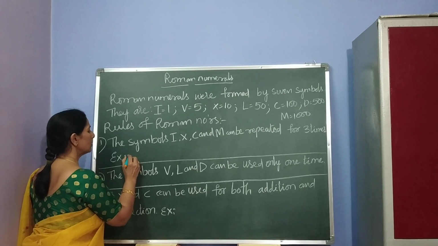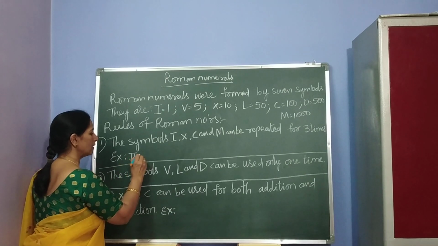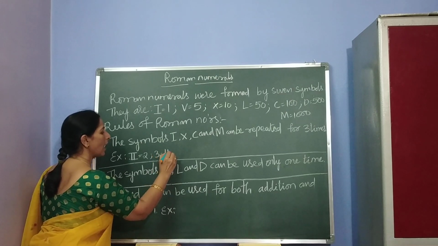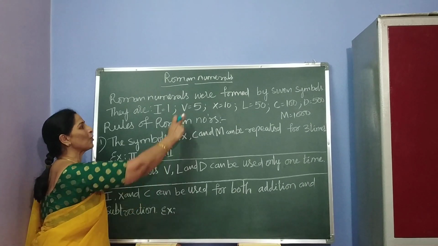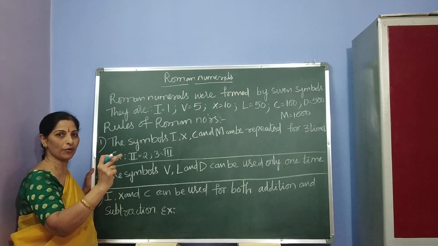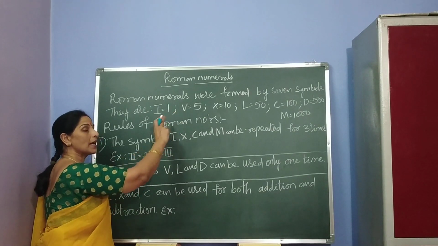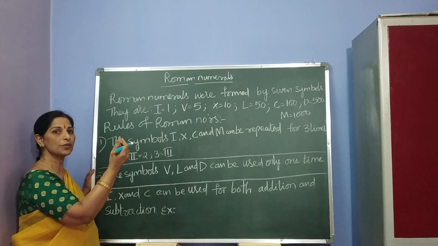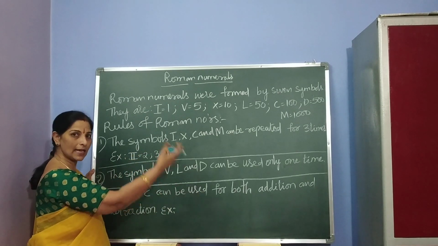Here, to write 2, I value is 1. 1 plus 1, 2, 3. Here 3 is three I's. Then 4. This 4 is very close to 5, so we should go for the 5. 5 minus 1 is 4. So to write 4, we have to take the V value, children. 5 minus 1, 5 value is V. So minus 1 means the minus should be written to the left side of the greater value. Okay children, in the next rules I'll explain about that.